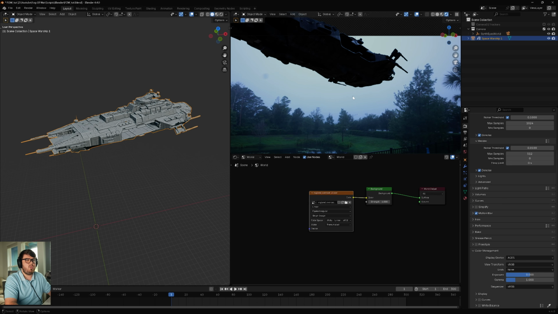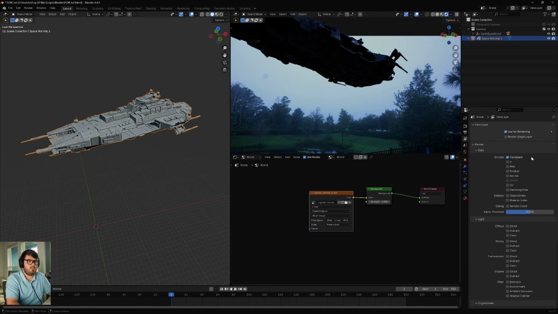Now I won't be going too involved into the multi-pass compositing workflow because there are many, many different things that you can do. I actually have many courses going over multi-pass compositing. I'll have some of those linked in the description below. But what we need to do is we'll come over to view layer properties, and we have all these different